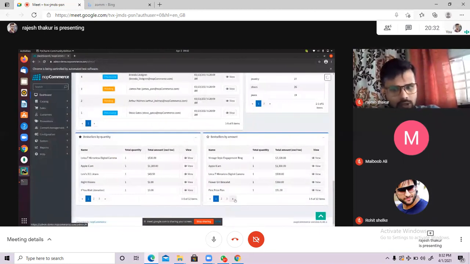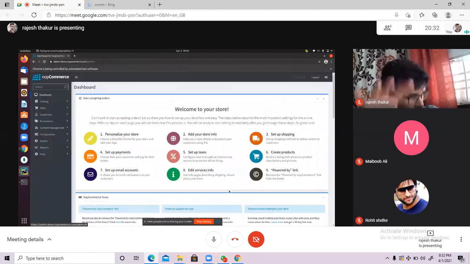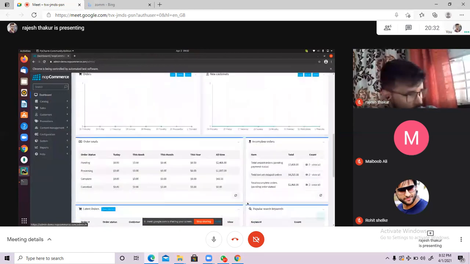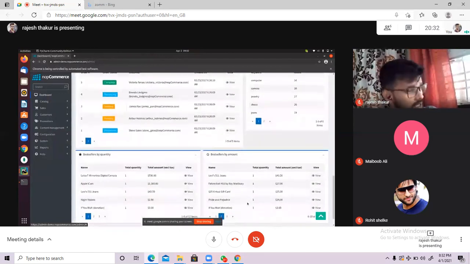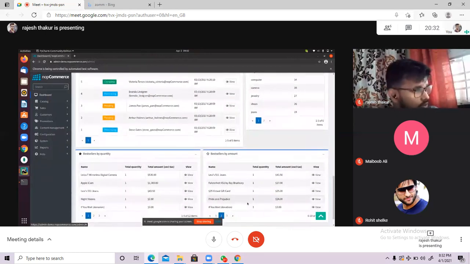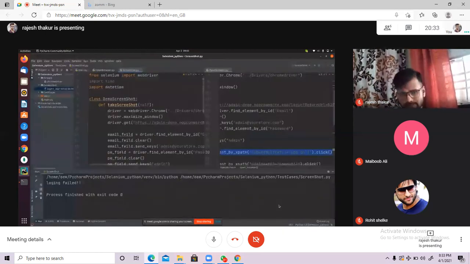Let's suppose I want to perform some action on this button, but this button is not visible at the home page. I have to do some scrolling until we reach that element. So it is again a big problem. So scrolling we have to do. We use scrolling whenever we are working with a web browser. So how to do the scrolling?